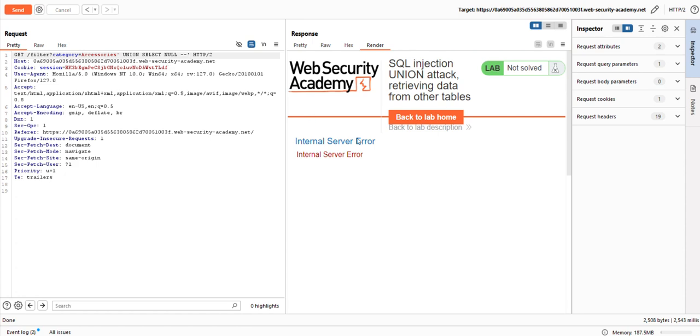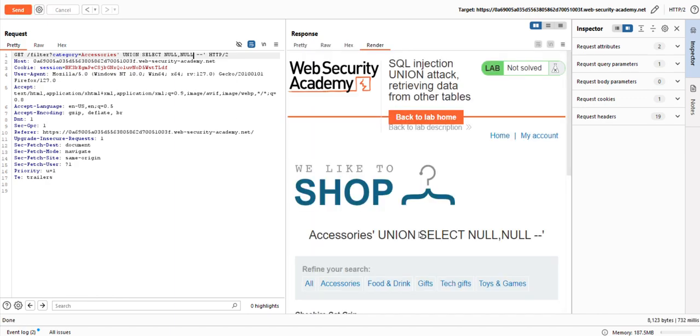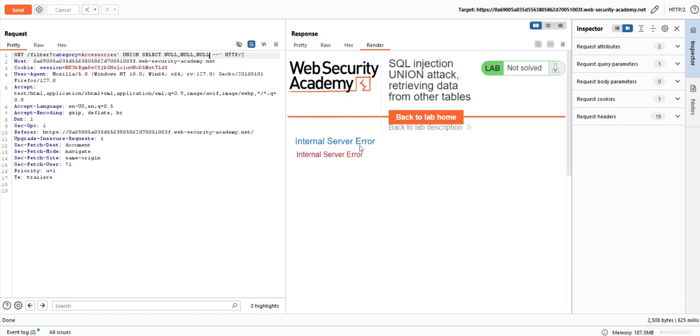Null, it is not giving. It is still giving internal server error. So we will put another. So maybe there are two columns. Right. There are two columns. So here our query is reflecting. Again, we will check another column whether it is there or not. Still internal server error. So there are only two columns,